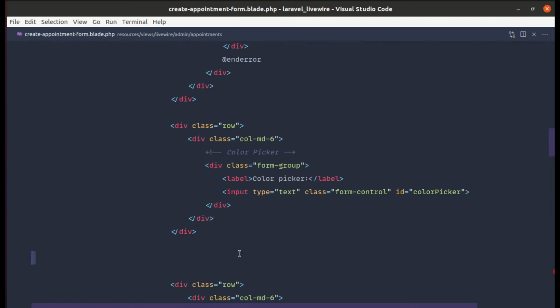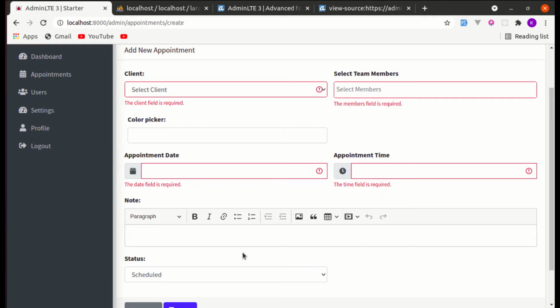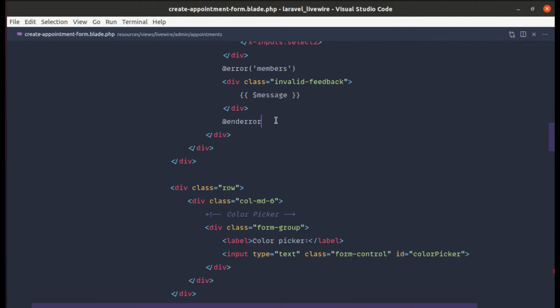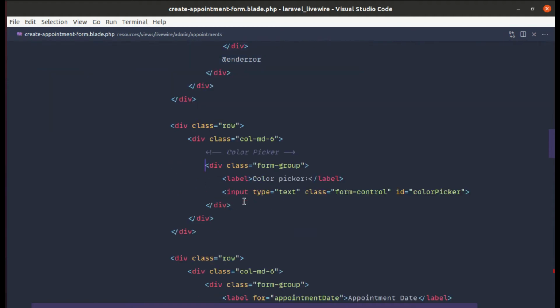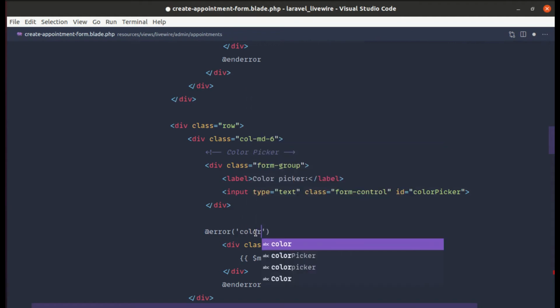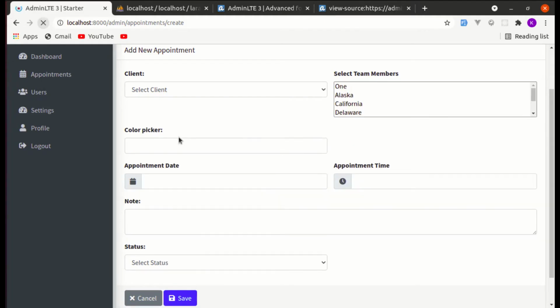Okay, so it got properly aligned over here. Now let me copy this div for validation. So now if I put this div over here and the field is color, now let me go back, refresh it